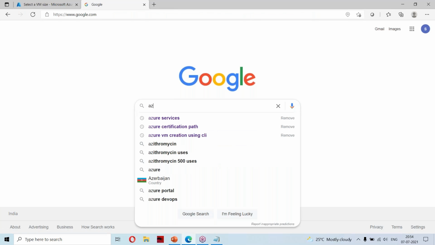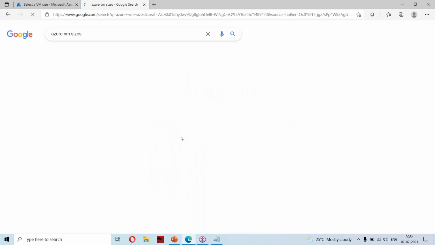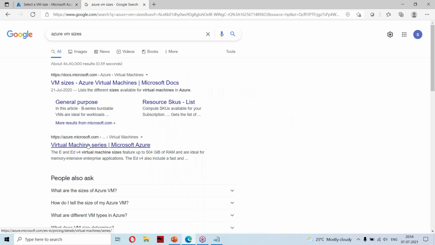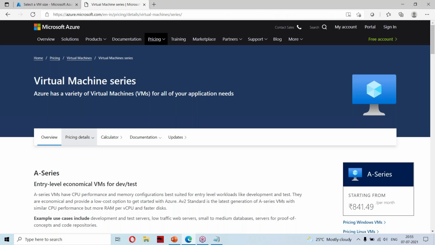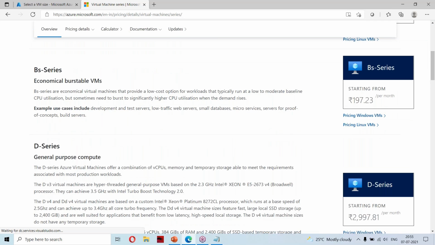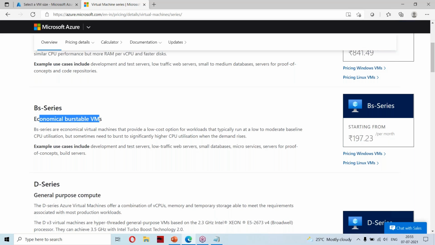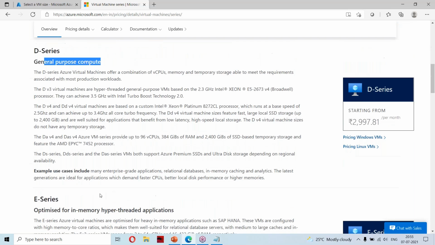I will go with Azure. If you see here, we have the A series, BS series, and they mention economical burst and general purpose compute, E series.